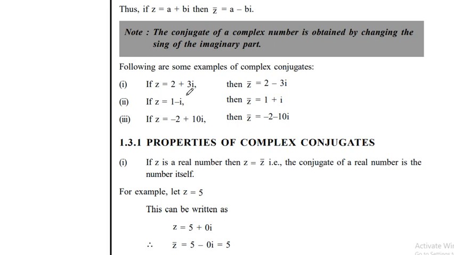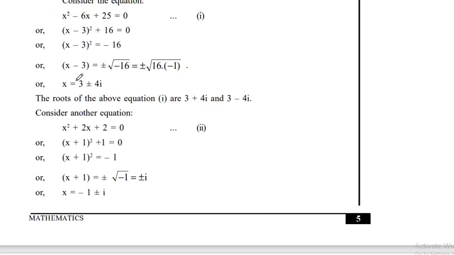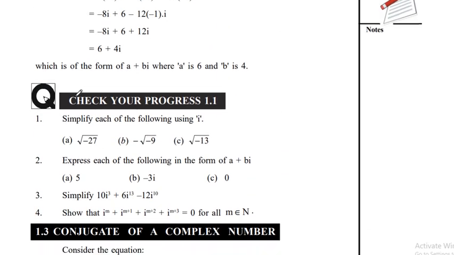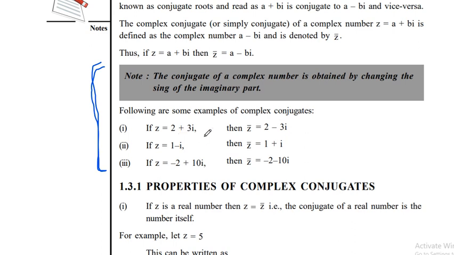That's it. So only concentrate on the things which I am going through. These details which are written here are not very necessary. So the conjugate of a number: if 2 plus 3 iota is a number, then 2 minus 3 iota will be the conjugate. Only change the sign of the imaginary part, not the real part. Real part remains the same, imaginary part changes sign. So if it is minus, it will become plus. If you see 1 minus iota, the conjugate will become 1 plus iota.